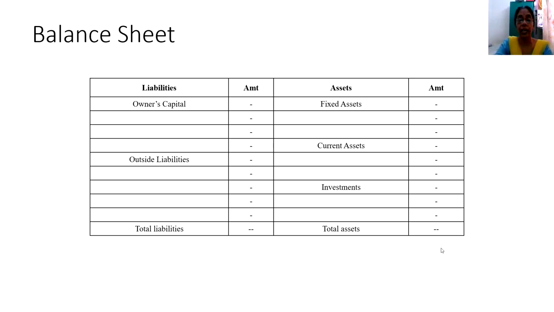Now, when you move on to current assets, the current assets are those assets which are capable of being converted into cash or cash equivalents within a period of 1 year. Normally, the floating kind. You have to use these in the day-to-day activities of the business, and they are termed current assets. Could it be stock, cash in hand, cash at bank, debtors, and so on.